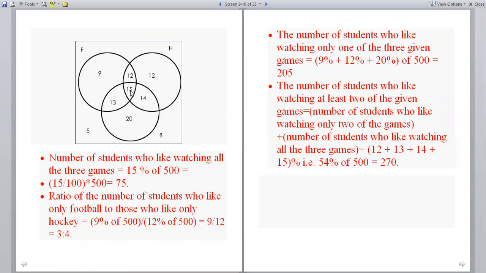See, we are solving from the innermost. First of all, using the formula, we found this 15%. Then we went on to find this 12, 13 and 14. Now, what is given in the question, how many are liking football? 49%, this whole is 49%, sorry, not 59. So from 49, I should subtract the sum of these three numbers. 12 plus 15 plus 13, you are getting 40. So 49 minus 40, it will be 9%.